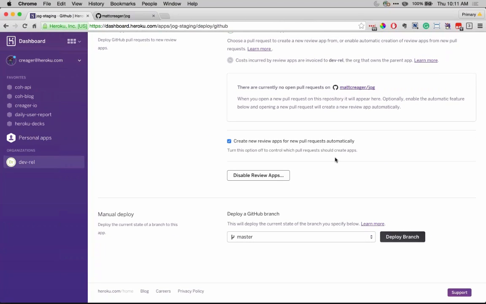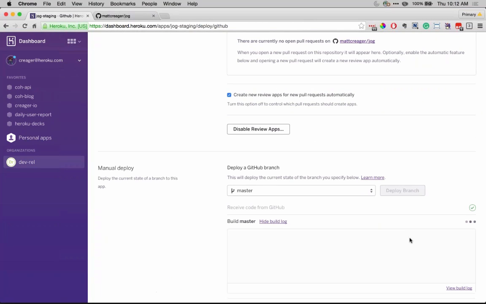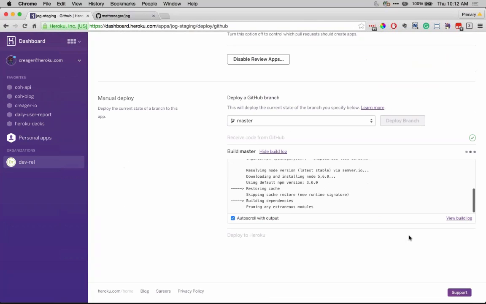All right, last thing we need to do, we kind of need to prime the pump here. We're going to deploy our GitHub branch. So let's deploy that. All right. So this is where some of the magic happens. Now, what Heroku's doing is it's figuring out what kind of application this is. And this is a Node app, but it doesn't really matter what language it's written in. It's a Node application, and Node applications and Python applications and Ruby applications